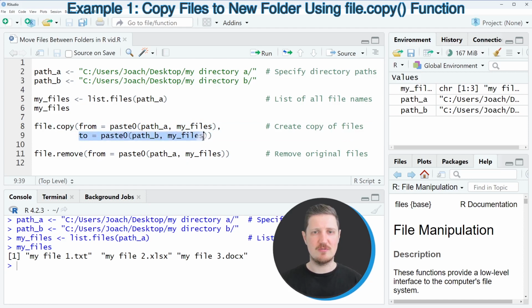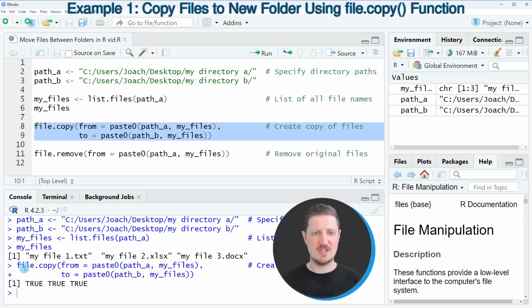And then we also have to specify the path and the file names that should be used in the second directory. So after running lines 8 and 9 of the code, you can see that 3 times the logical indicator TRUE is returned at the bottom in the RStudio console,